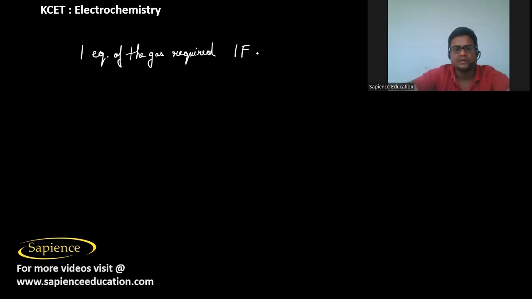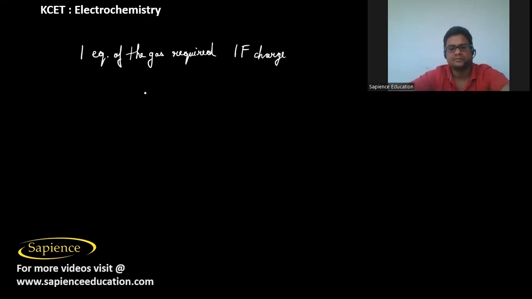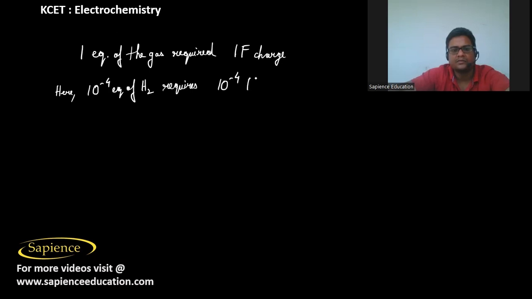So the rule is that one equivalent of the gas requires 1 Faraday charge. So now here, 10 power minus 4 equivalents of hydrogen gas requires 10 power minus 4 Faraday charge,